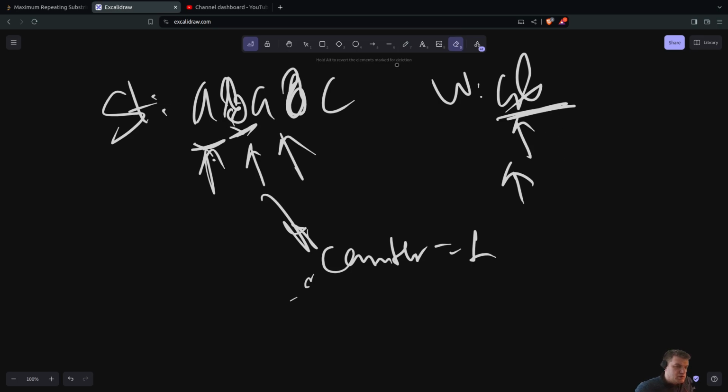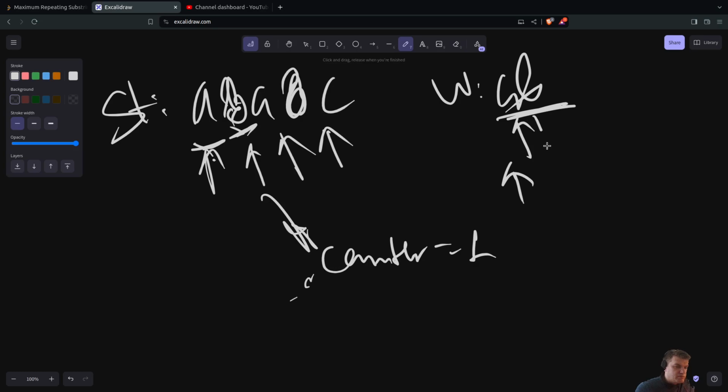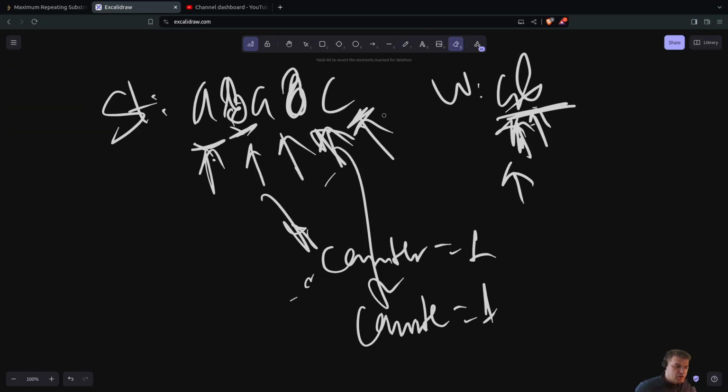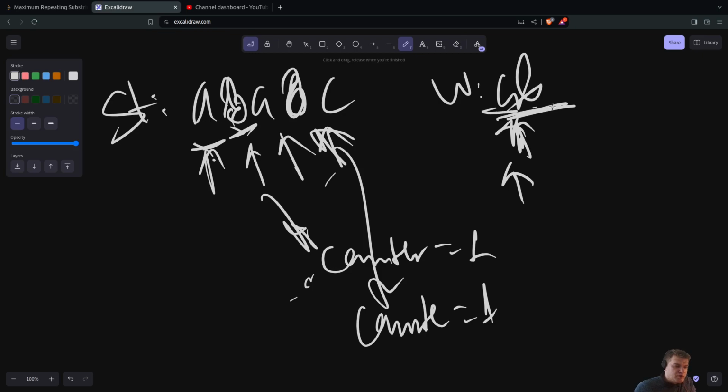Pointer is here, we check, okay, we move the pointers, pointers are now pointing at B, okay, it matches, and it's also at the end of the word, so we change the counter, counter becomes now 2, and now this one doesn't match with A, so we reset the word pointer, we don't move it, and we move the pointer in the sequence. The pointer is now equal to the length, it's out of bounds, and we finished. And then the same procedure